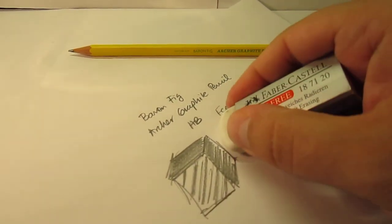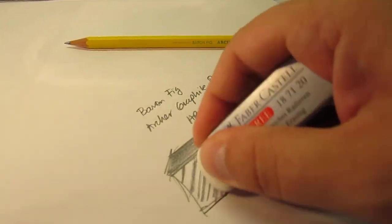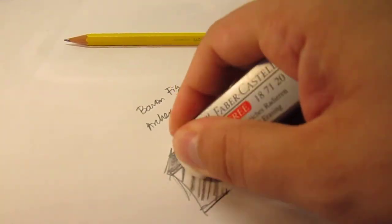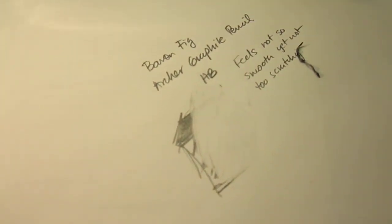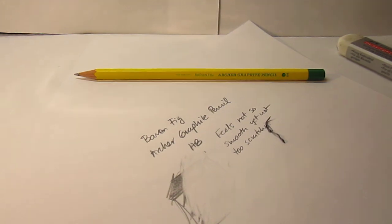So one last thing, I just want to make a quick test for erasing. Let's see. As you can see, there is still some shadow, so just be